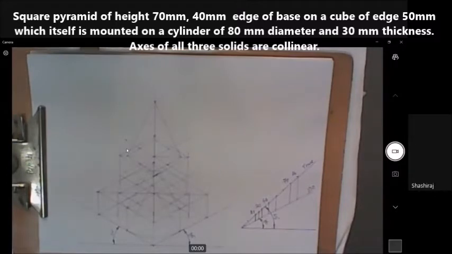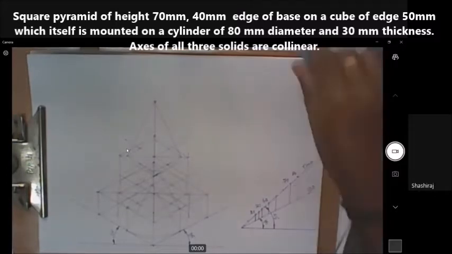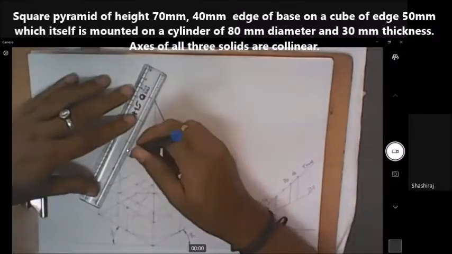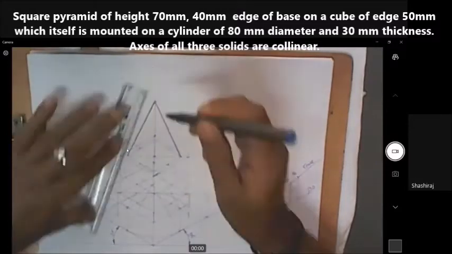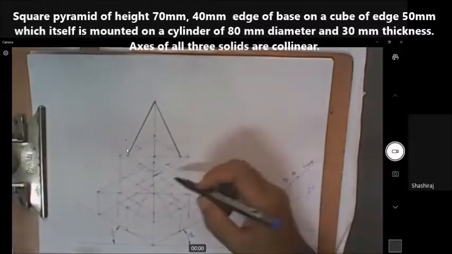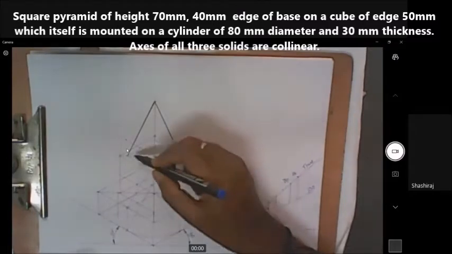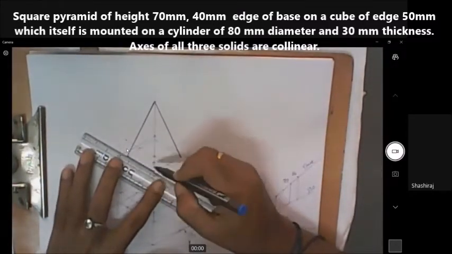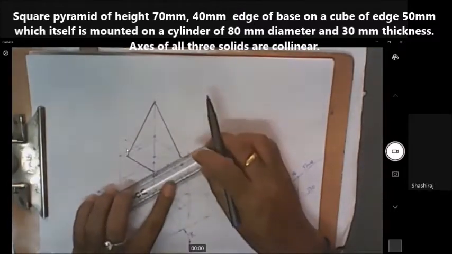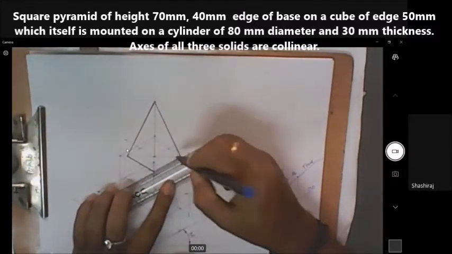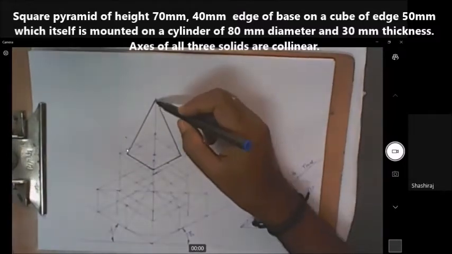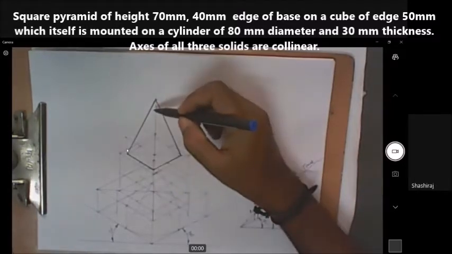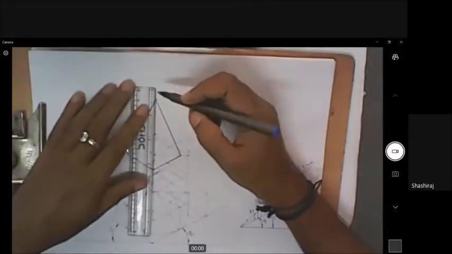Now the only thing left is visibility. I have to show the visible lines dark. This has to be visible. This side also has to be visible because it is a boundary line, right? And in the front there are two edges of the base. They are also visible like this, and this also is visible. One more visible line is from this point to this point. See, when these two edges are visible, this line also has to be visible, so I have to show that also. Darken this also.